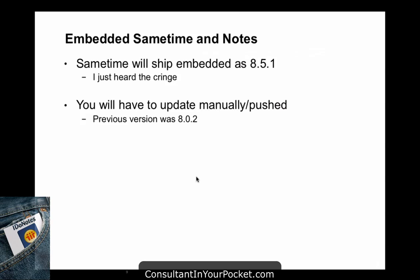So what you're going to have to do is decide, do you want to let the users manually do an update, which I wouldn't recommend, or push this out because it is a side bar plugin inside the Notes client itself. You can do this. Why would you want to is the new features inherent inside of Sametime itself. If you have not upgraded your Sametime environment, you're not going to get a ton of benefit out of upgrading